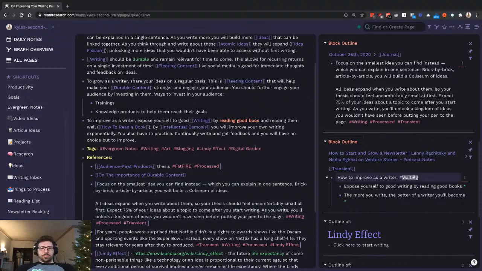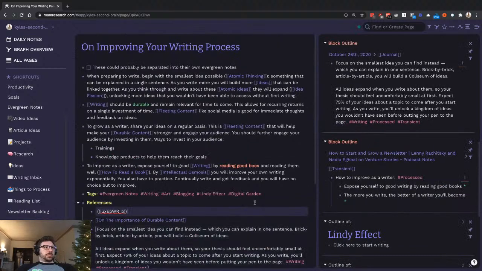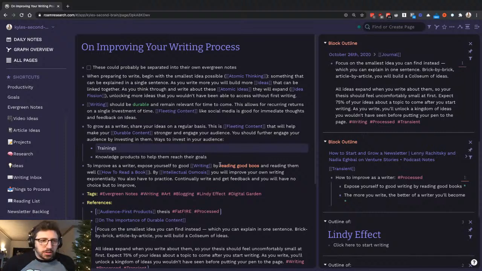So I'll get back to this after I've had some time for some more diffuse thinking and figure out how I want to structure this. The beauty is, though, especially with Roam, it doesn't really matter. These blocks kind of live on their own. So if I want to write about